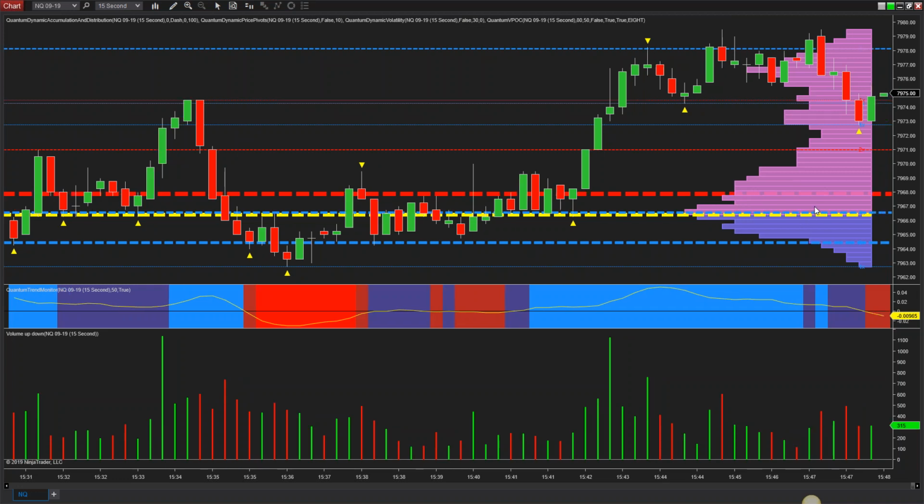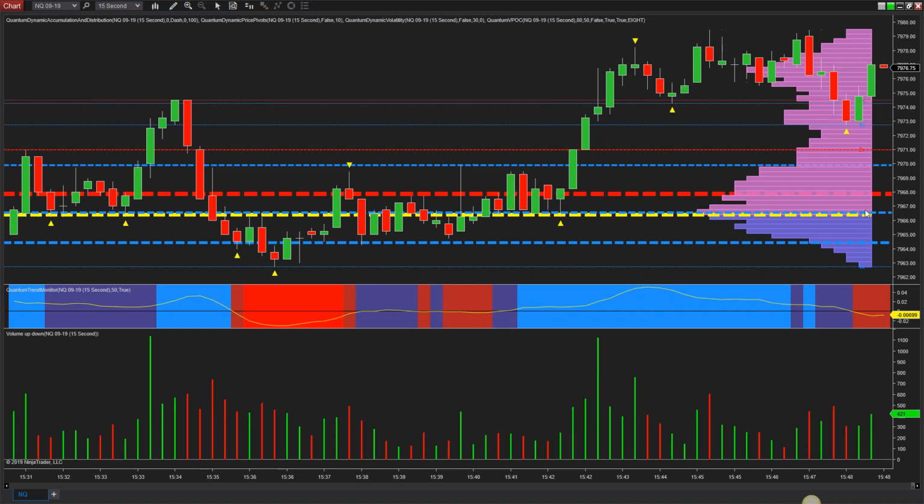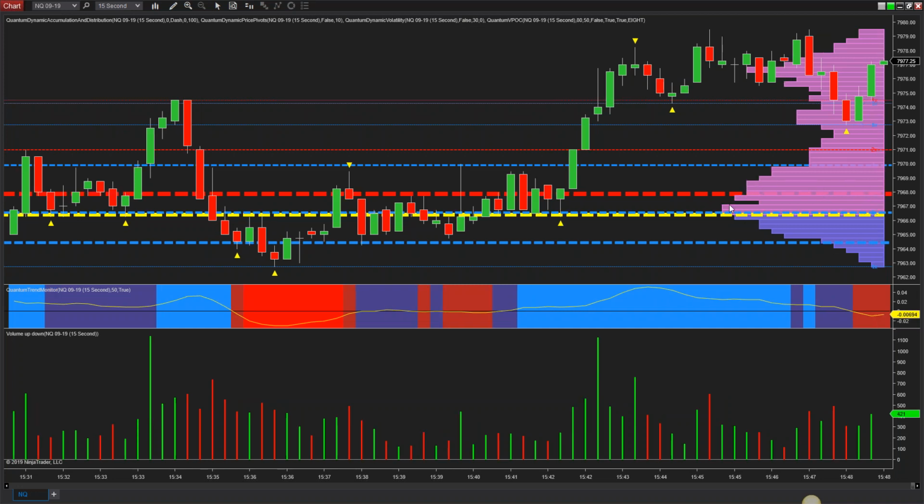And in addition to that, on the accumulation distribution indicator, which is where these lines have come from, this is price-based support and resistance. So volume looks at it through the prism of volume, price, and time, which is why we get this histogram with this volume displayed in this way, where price has been sat for a long time. So in other words, the longer the time price sits in a region, then the deeper will be that concentration